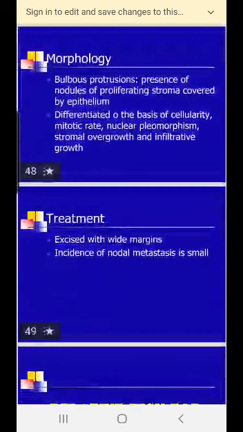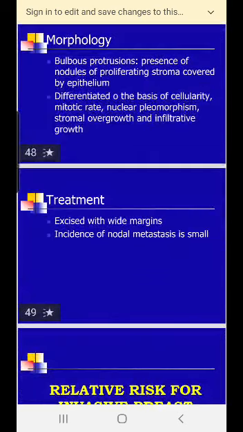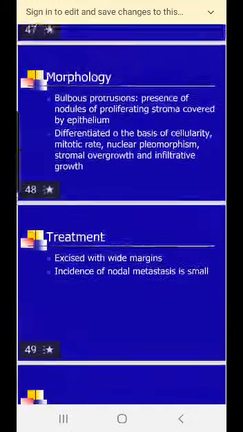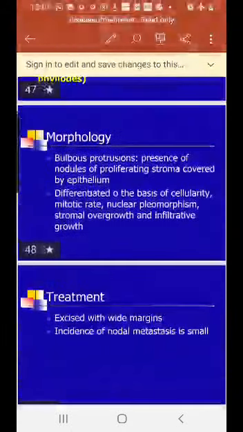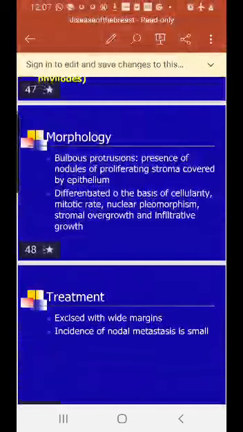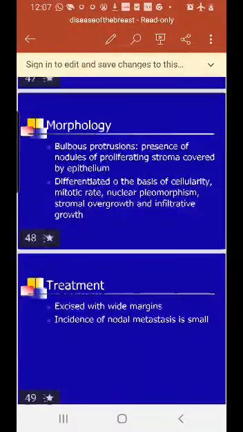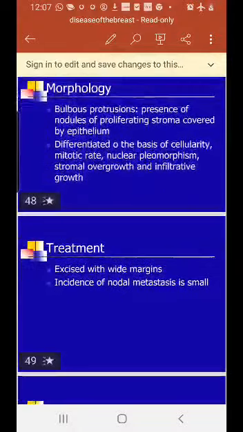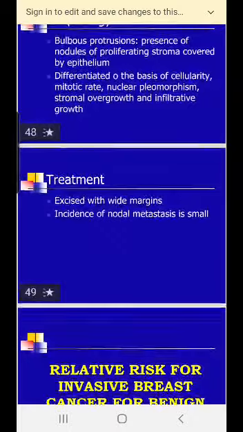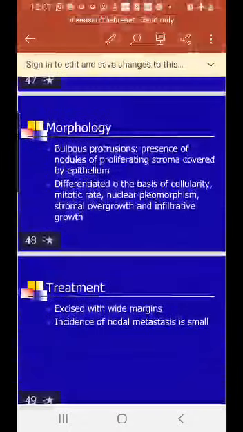What you see on morphology is the presence of nodules of proliferating stroma covered by epithelium, differentiated on the basis of cellularity, how cellular the stroma is, how much mitosis there is, how much nuclear pleomorphism, stromal overgrowth, and infiltrative growth. Very classically, you see on microscopy the cellularity of the stroma, not the epithelial cells. Remember that we are talking about the stroma. This is a stromal tumor. So you will see spindloid cells showing pleomorphism, they will be plump, and you will see mitosis happening inside the stromal cells. And if there is a stromal overgrowth around the glands, that is highly characteristic of the phyllodes tumor, and the infiltrative pattern into the surrounding tissue can also be seen. Of course, there is metaplasia which is also associated with the phyllodes tumor. You can see metaplasia into osteoid and chondroid